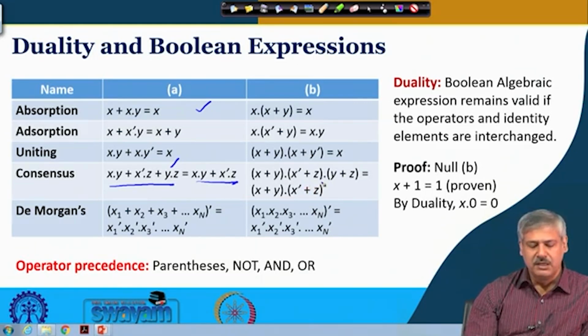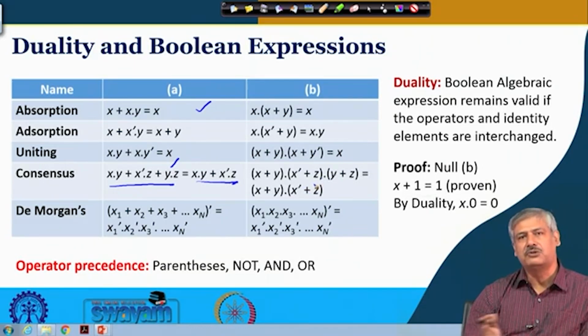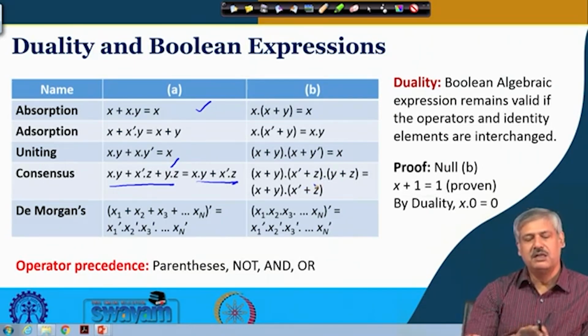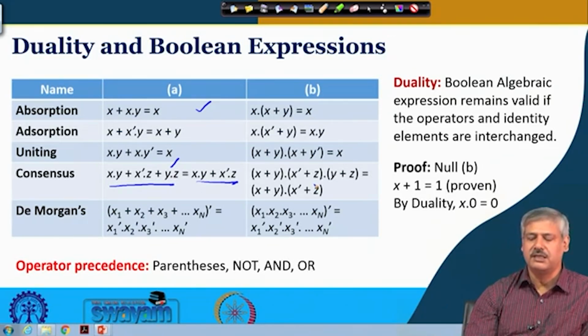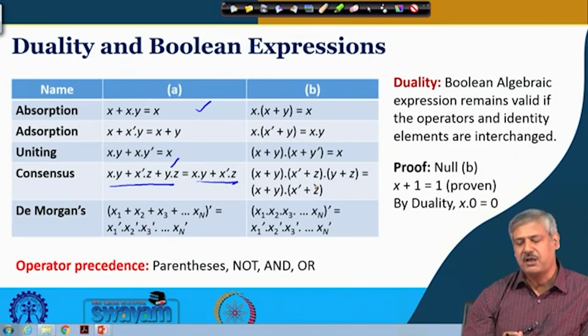Now, in the previous case as well as in this case, you see that there are two rows A and B. One is representing it in SOP or sum of product form, another is representing it in product of sum form. So basically the OR operation is done at the end in one case, and the AND operation is done at the end in the other. So these two expressions, if you just compare them,